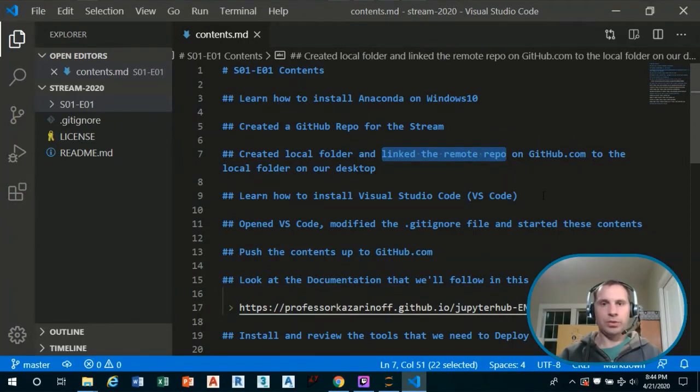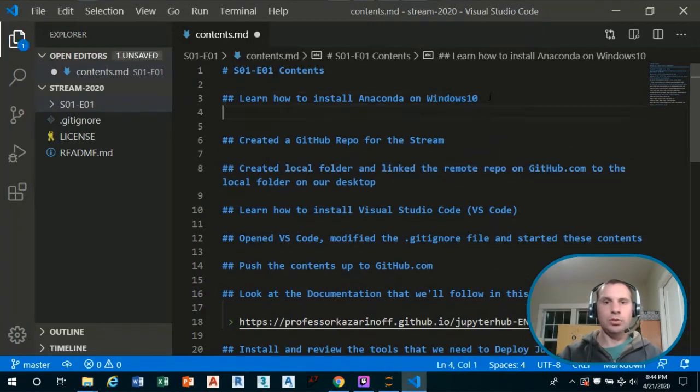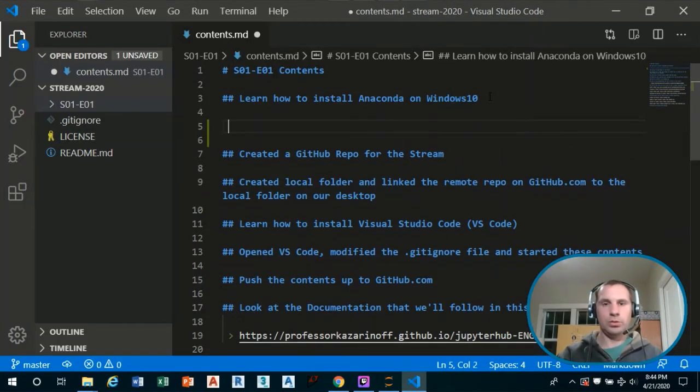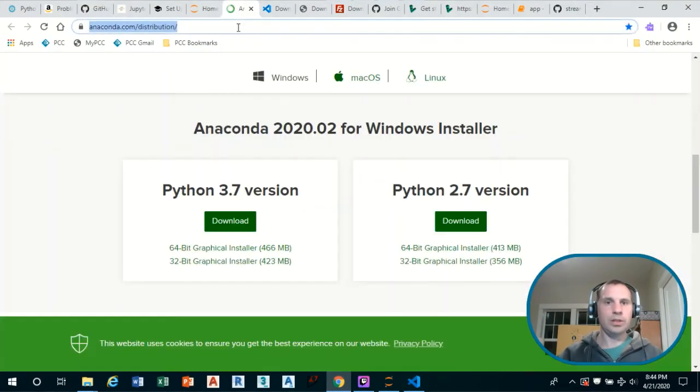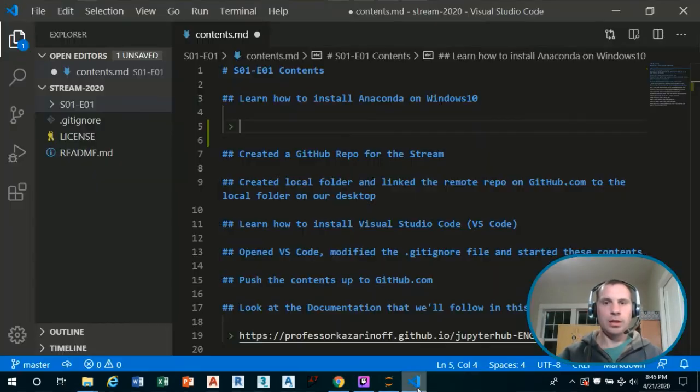So for instance, let's include a link to where to install Anaconda here in this file. So that was this link. I'll copy that. I'll paste that into this file here in VS Code.